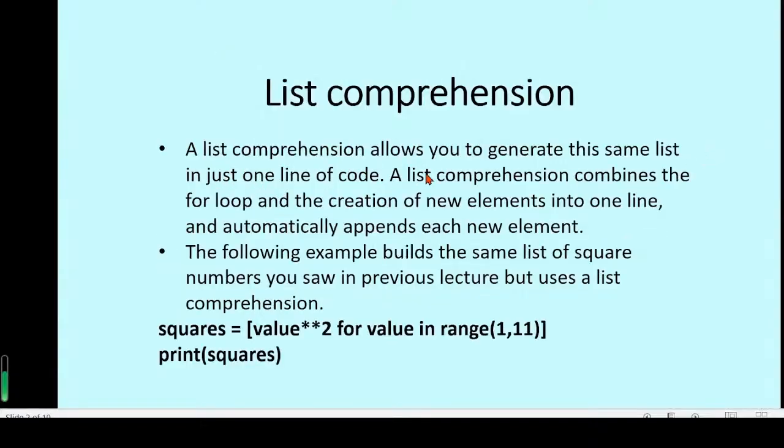A list comprehension allows you to generate this same list in just one line of code. A list comprehension combines the for loop and the creation of new elements into one line, and automatically appends each new element. The following example builds the same list of square numbers you saw in previous lectures, but uses a list comprehension. So we can write squares is list, and inside the bracket we write value asterisk 2, then space, then it's like a for loop for value in range 1 to 11. Then we can print out this